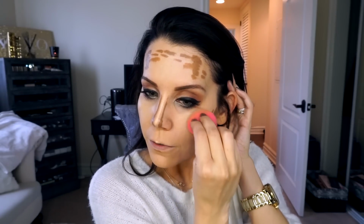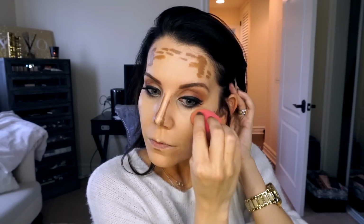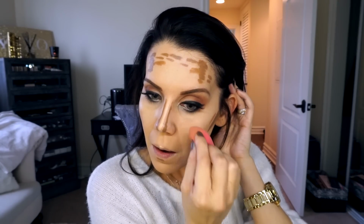You can do either first. You can blend out your highlight or your contour. Just try to work on one and then the other. Except the nose can get a little bit tricky, so I usually leave that alone until the end. So I'm gonna look really cute until this is done. Bear with me. Okay, so I have my highlight blended in. Okay, let's go to the chin